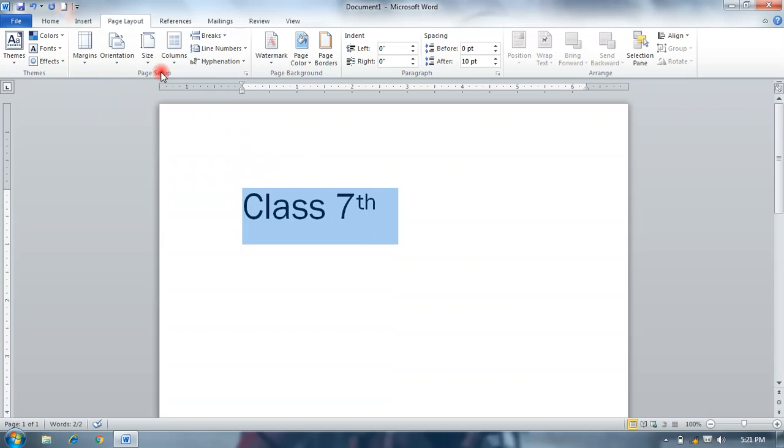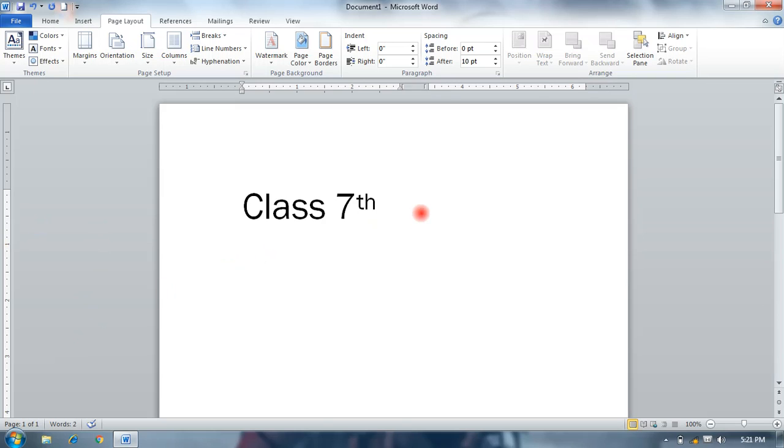This column option is used to divide your page into columns, like one, this is one column, like two, three, four, left or right. Okay, like two. So this is the second column, and you can type.